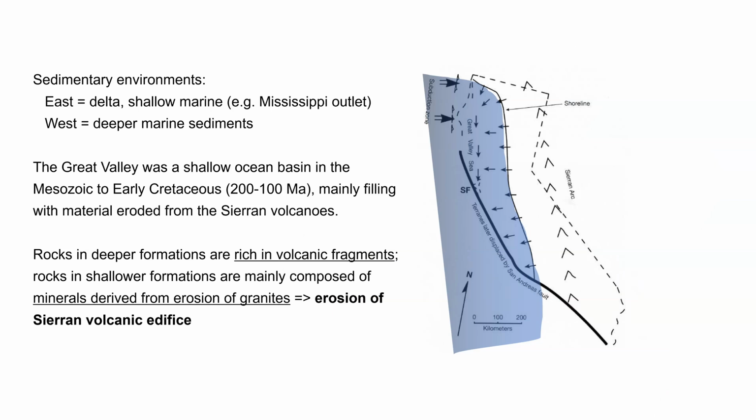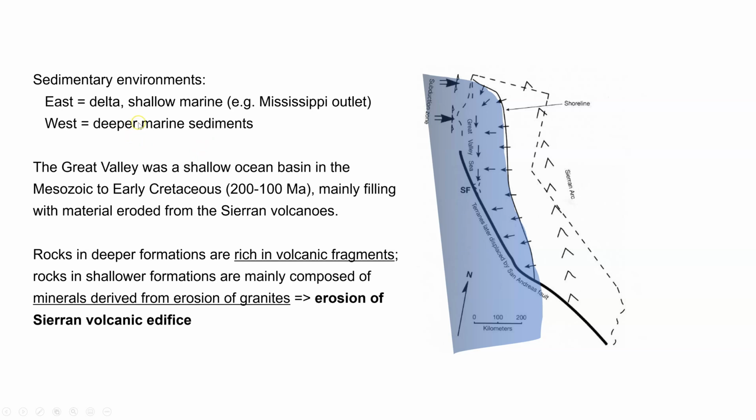So one of the other ways that we know we were underwater during this time is based on the sediments that are present. In sedimentary environments, we see on the east side delta and shallow marine, which is sort of like the Mississippi River outlet. On the west, we see deeper marine sediments. So that's how we know that on the west side, or the Central Valley, excuse me, was underwater for sure, other than just the fossils, is that the sediments there are indicative of deeper marine